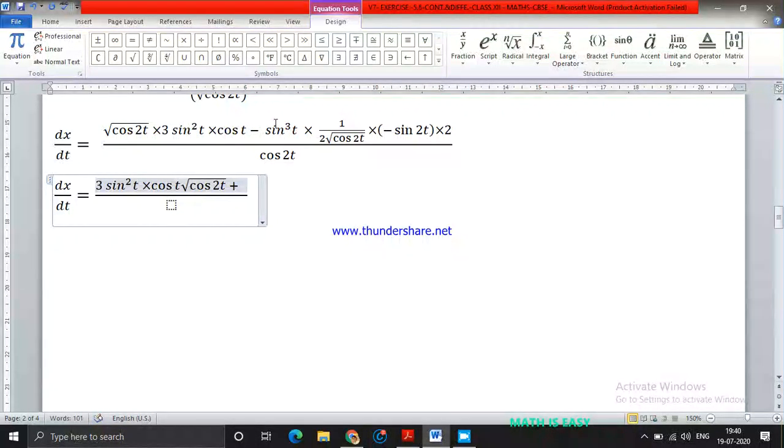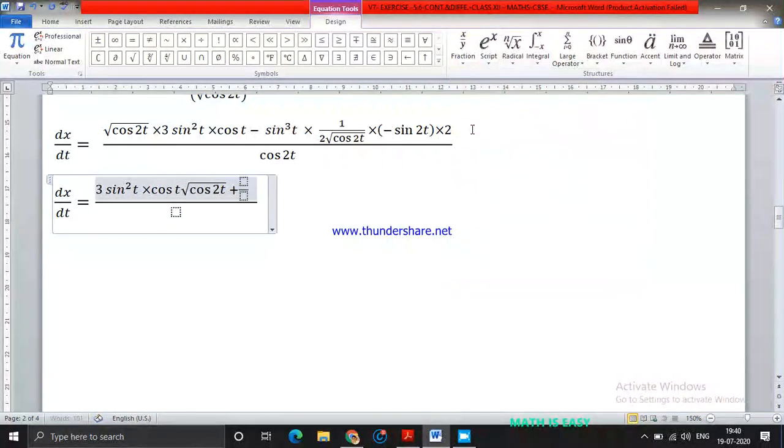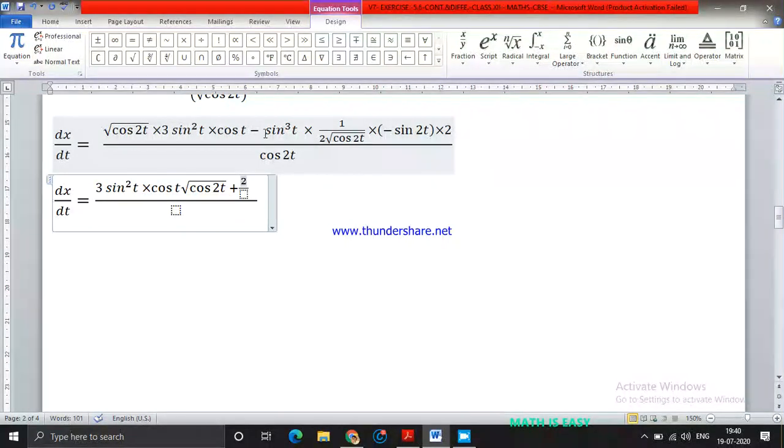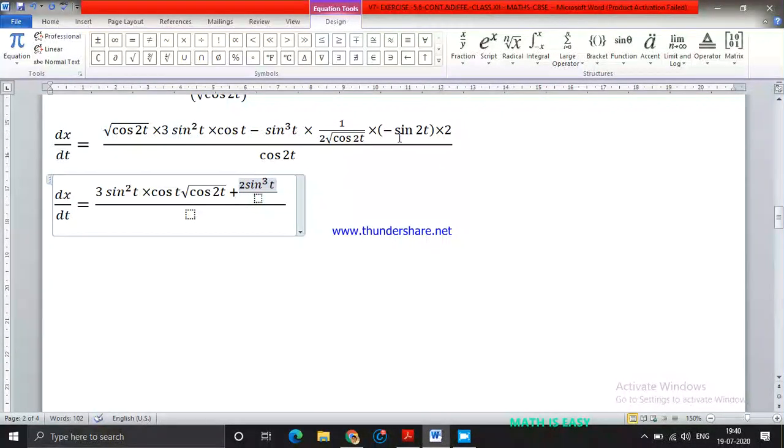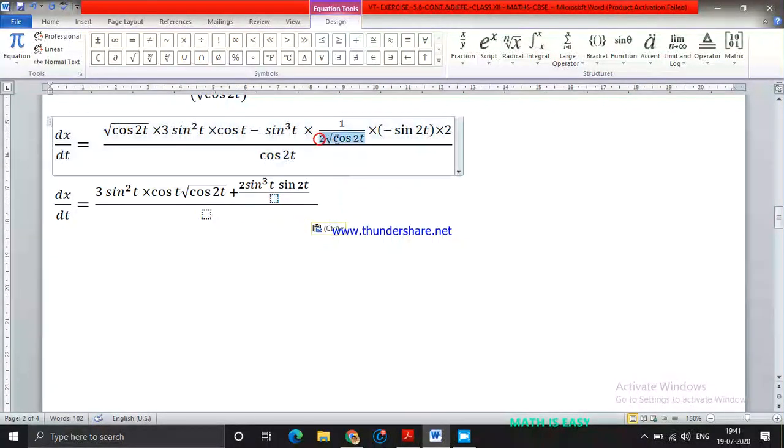I think plus will come because here you have one minus sign multiplied with this minus sign, so minus into minus is going to be plus. Now let me insert the fraction here. In the numerator you are going to get 2 sine cube t and here you will get sine 2t. Now in the denominator you are going to get twice